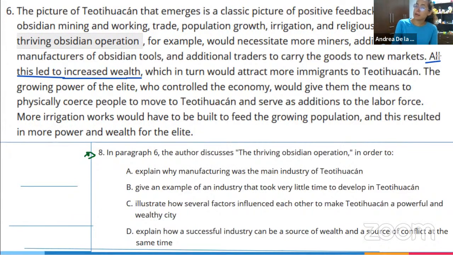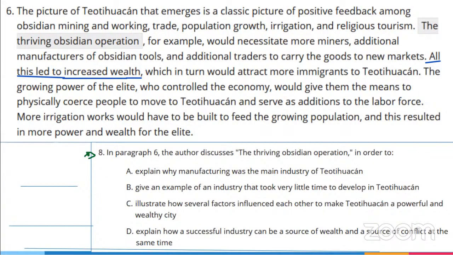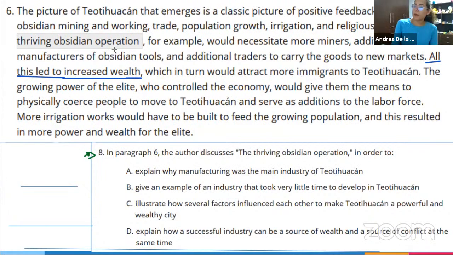What is all that? About obsidian mining. Okay. Obsidian mining, but they also talk about obsidian tools, traders, markets, the elite, labor force, irrigation